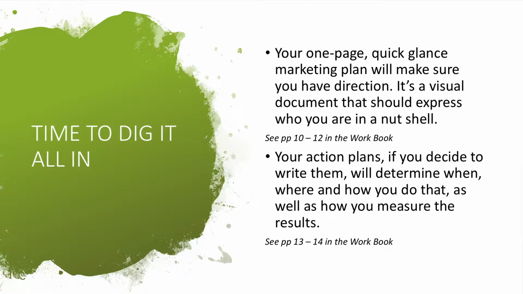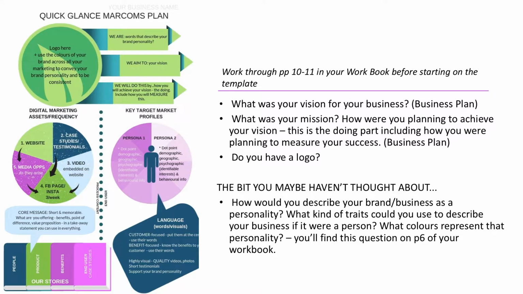You'll have action plans that hang off the back of this one-pager that direct the when, where and how, as well as addressing key performance indicators and resourcing your plan, both human resources and financials. Part 3 of your workbook will require you to refer to your business plan as well as the market research you've done. What is your vision? This is the big picture stuff about what you want to achieve in your business, what you're aiming to do. The mission is the doing action words that tell people how you'll achieve that vision. In doing a marketing asset and resources audit, you would have been asked about a logo or brand colours. See page 6 of your workbook if you're wondering about this.